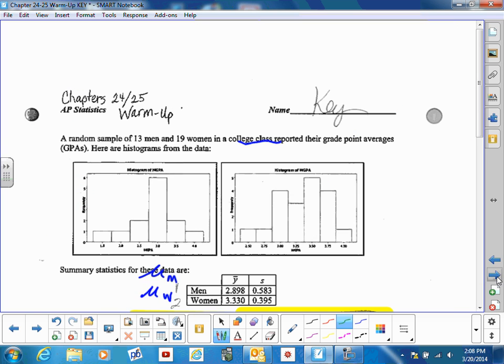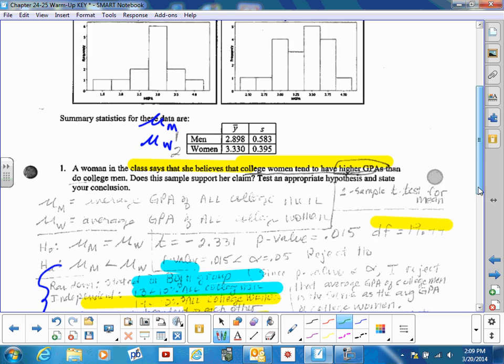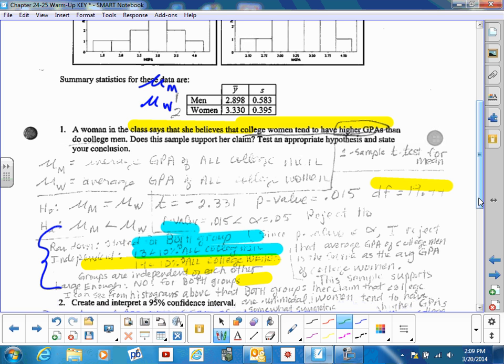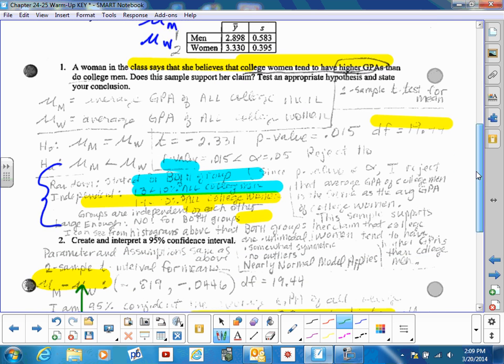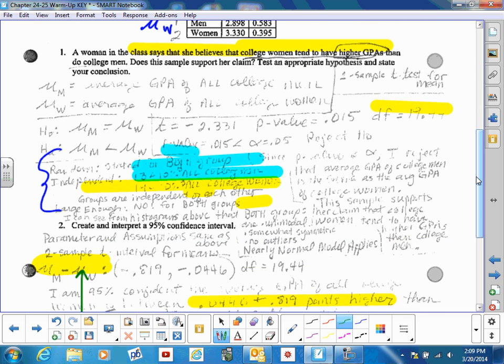All right, second one. Okay, this is two separate amounts. The sample sizes are not even the same. Two separate items, two separate groups, so you have two separate means. So everything should be about two groups. Your hypotheses, your parameters are about the average GPA of all college men, and you may have included of the class because it was a little ambiguous. It was up here a little bit with the college class, something or other. So I thought it was a little unclear as to what we actually could infer to. But mu of W is the average GPA of all college women. So here you have your two,